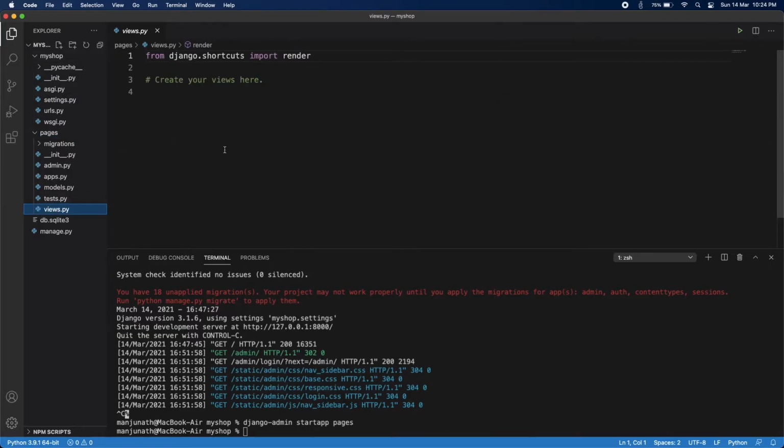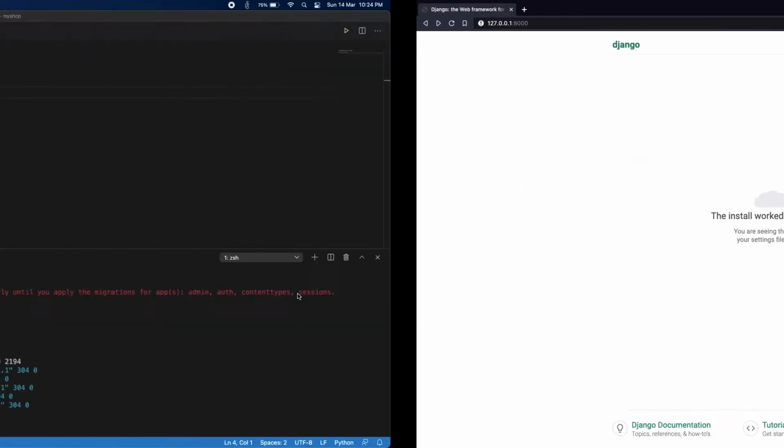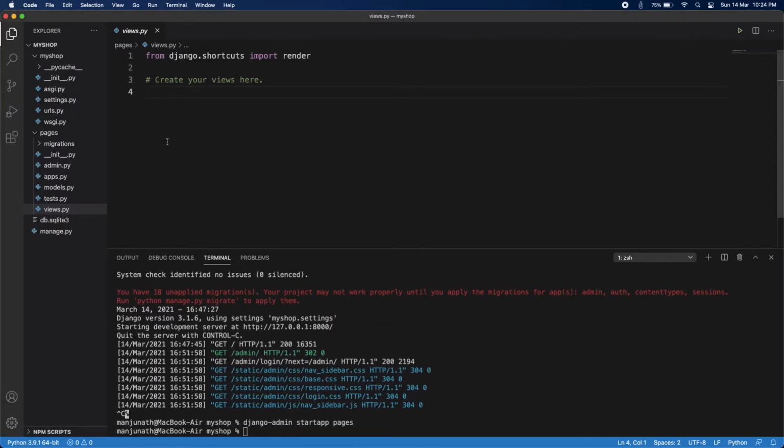This views file is the meat part of this Django app. By using this particular file, we are going to serve anything we want to the user. If you want to make any kind of calculation, or if you want to ask the database to get a certain item, that time we are going to use this particular file. Here we can write a Python function that starts by defining this function,